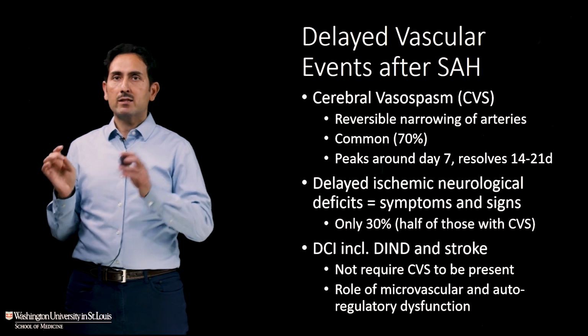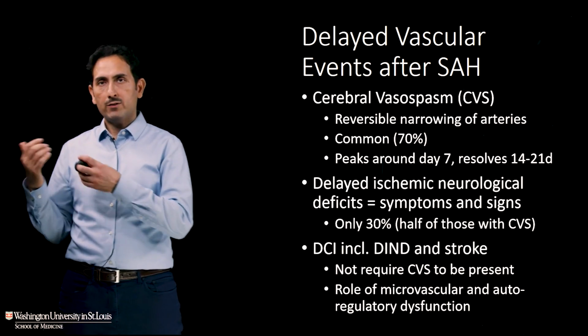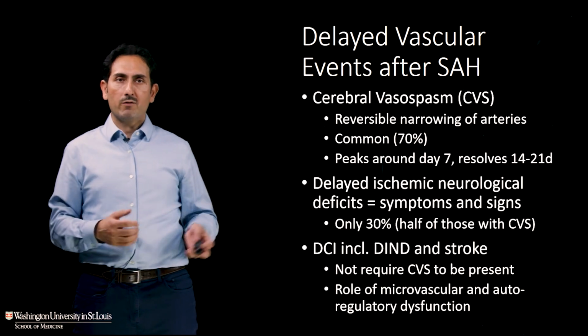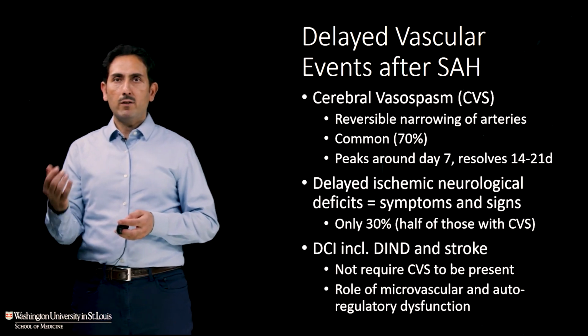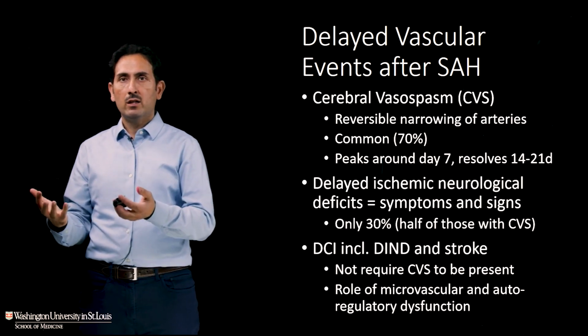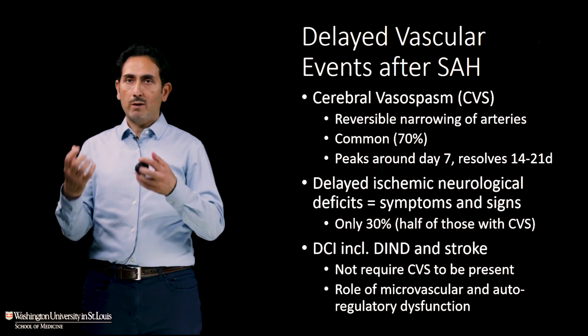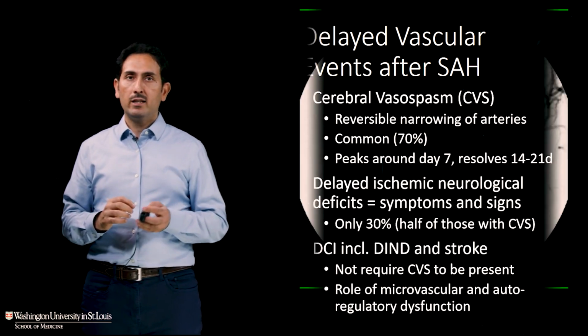And it's important to recognize that vasospasm doesn't have to be present to have a stroke. So often they go together, but we don't require vasospasm to be present. And that's because smaller blood vessels may be involved that are not shown on an angiogram, and there may be other changes such as lack of blood volume or autoregulation, which is the control of blood pressure. So it's very important to monitor blood pressure and blood volume.